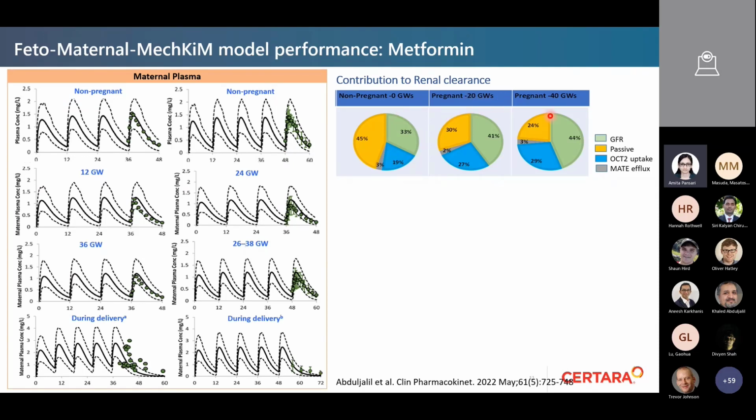So you can see here the 20 gestational week and the 40 gestational week, and how the overall exposure in the maternal and fetal side can contribute to the total renal clearance. Like, they looked into GFR and the OCT2 uptake. And here you can clearly see for the non-pregnant women, the first non-pregnant label,